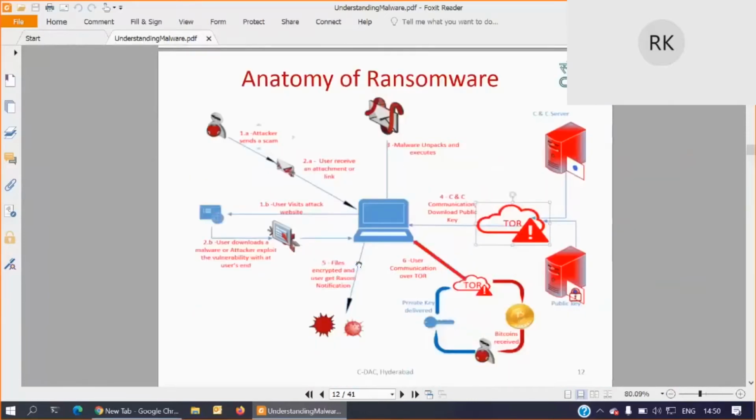Many of us might have heard about these kinds of attack scenarios. But what we need to understand here is that we should not trust anyone, and should not click on the links available in emails. Even if you visit any website, before you click on any of its links, first check whether it is genuine or not. Those might be trap locations, where you visit a compromised website through which malware will be downloaded onto your system. That is the precaution we need to take to avoid these kinds of ransomware attacks or any other attacks.